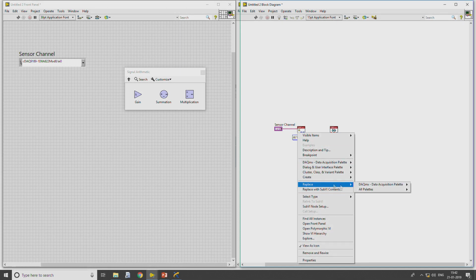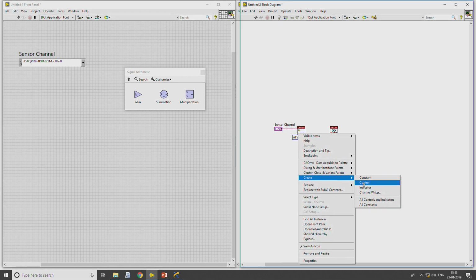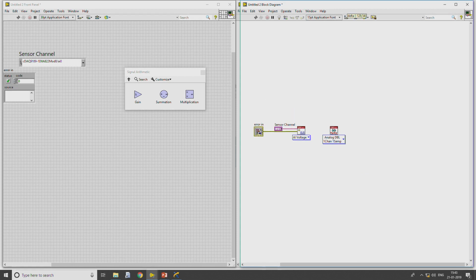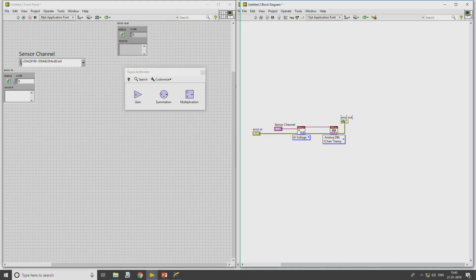The next step is creating an error control, so that it gives an indication if any particular block throws an error during the execution. So, custom scale, task in, and task out will be connected here. Error out I require changed to an indicator, replacing this one, and this particular block is my data.